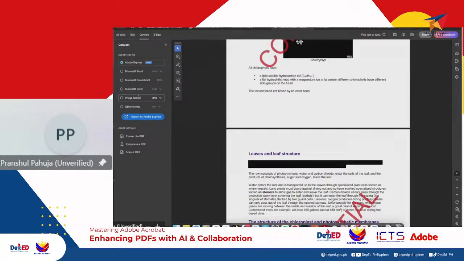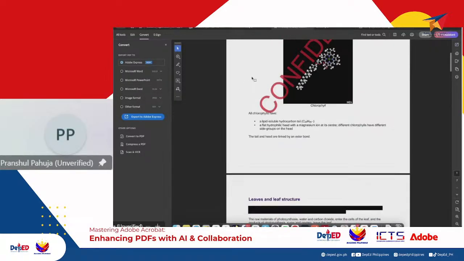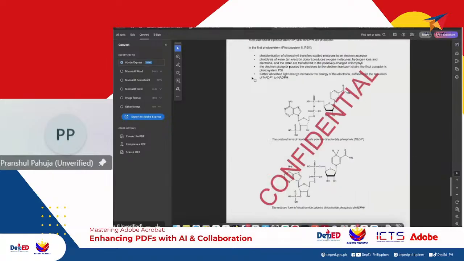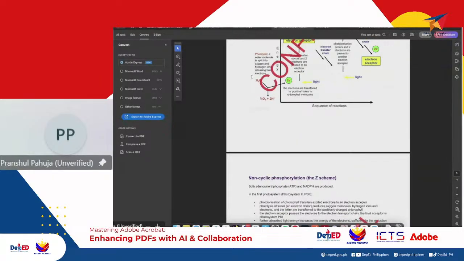In fact, if you remember, I started my journey with a different file format. I converted a Word document to PDF. I edited the contents, added some more information, removed information, added pages, removed pages, edited text, added some watermarks. In fact, I even added a video right at the very end to make it more interactive. Then I made sure that I can collaborate on it if I need to.